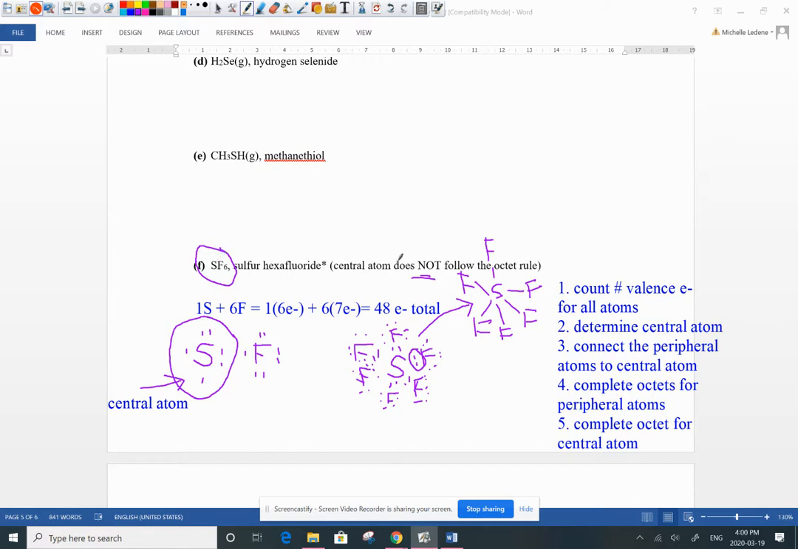You'll always be told if it doesn't follow the octet rule, since most atoms are going to follow it. I'm going to do another video for you. Number 2 is asking you how to do ions, so I'm going to show you how to do